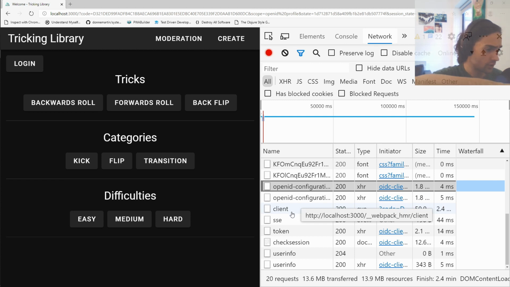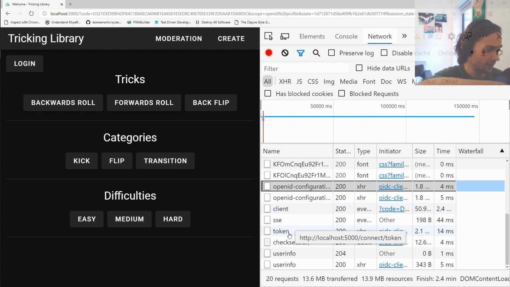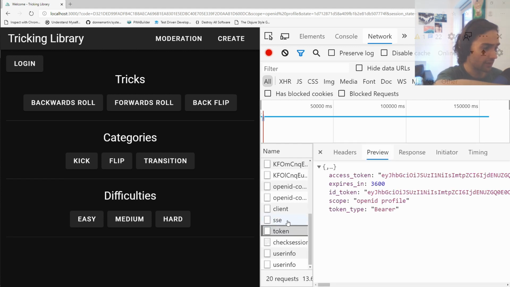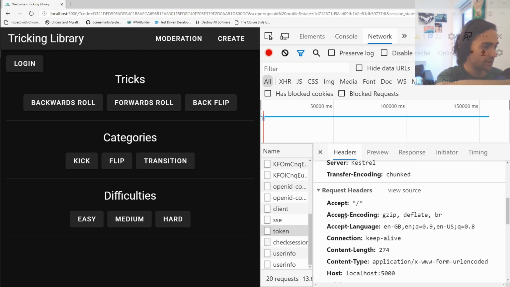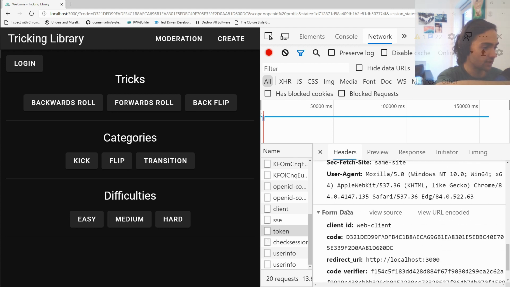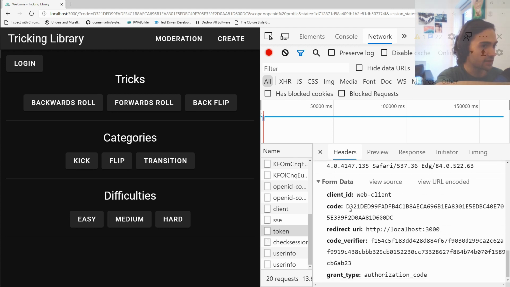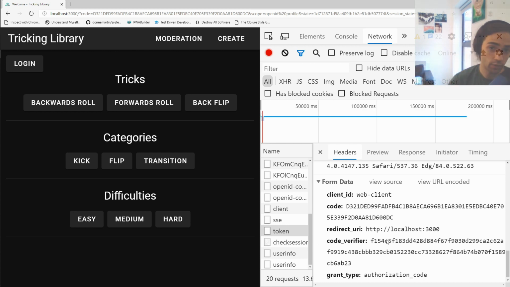And then what's going to happen, so this client doesn't really matter. The important part is once we get to this token endpoint, right? So this is where, if we take a look at the headers and what's being sent in the form data, this is the code that we received in the URL, okay? The code that we received in the URL gets attached, and this is the first time we send the code, and the code verifier is part of the PKCE